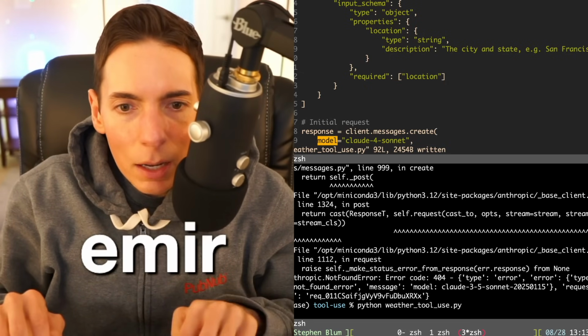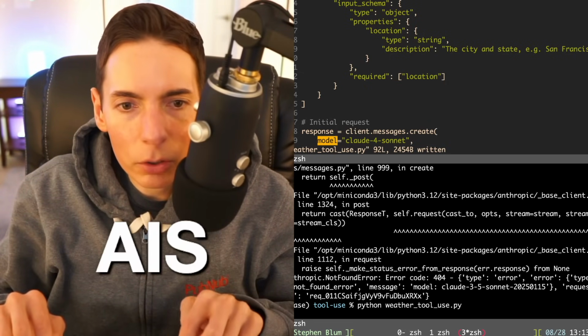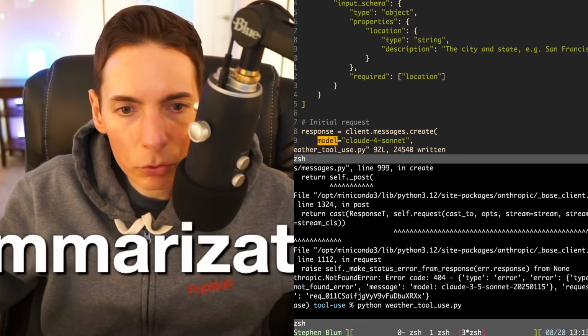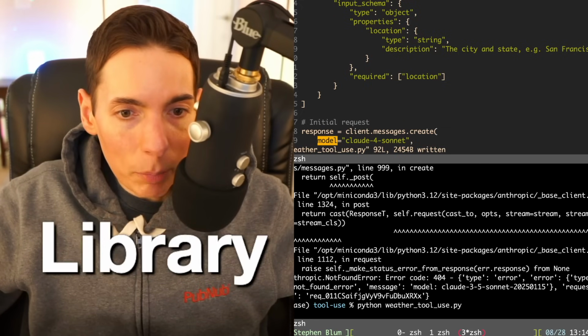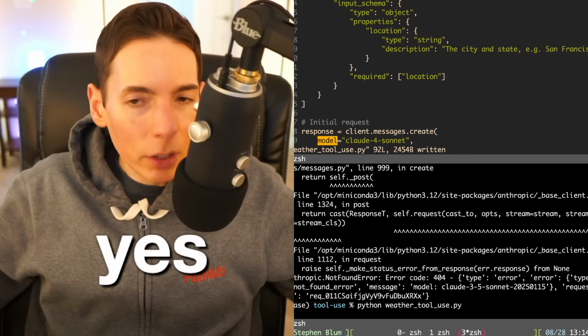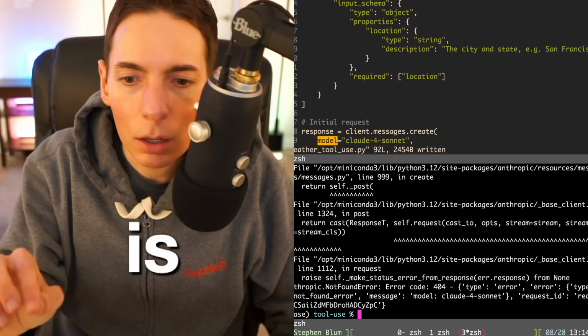Amir, I never really used the MCP server in the generative AIs. I heard that it's basically a summarization of some of the services to be used. Maybe a UI library or Stripe integration that the AI can use, right? Yes. So that's actually kind of cool. There's multiple use cases for the MCP server. One of them is to help